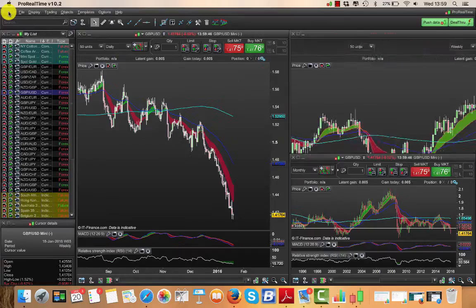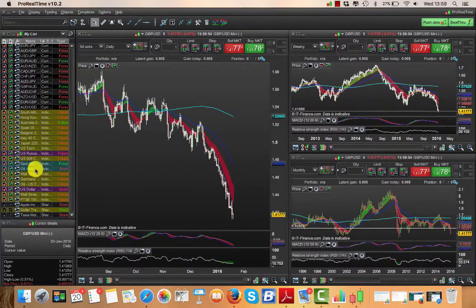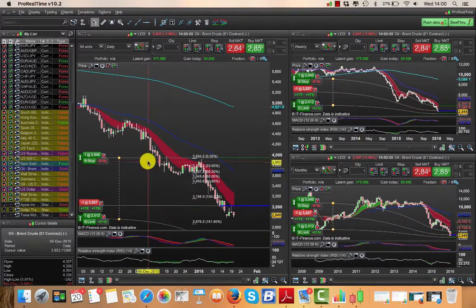So, folks, I could go on and talk. There are quite a few lovely charts out there with lovely trends. If we go to Brent crude, I actually took a trade on this a couple of days ago, just to show you, folks. Here's another chart where it's had lovely trending, and I still see this price action falling a little bit further.